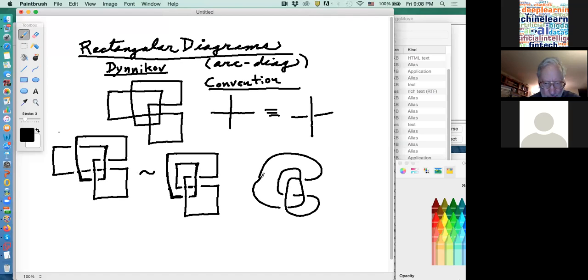That's the same diagram written as an ordinary diagram, right? And then you see, oh yes, I can twist this under, and this one under, and I will end up replacing it by